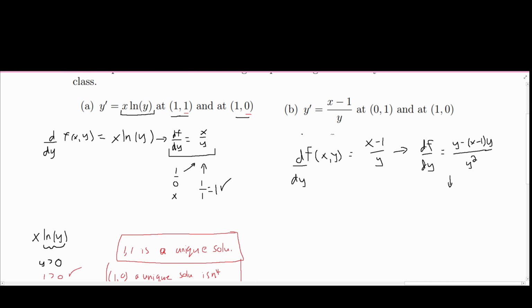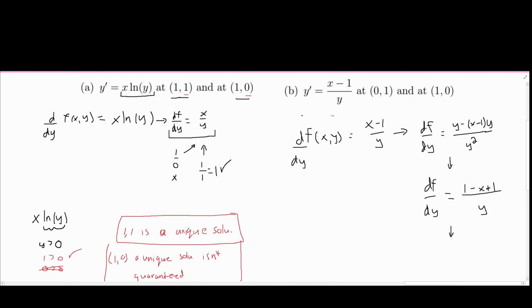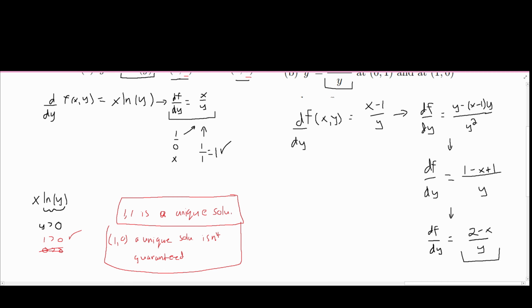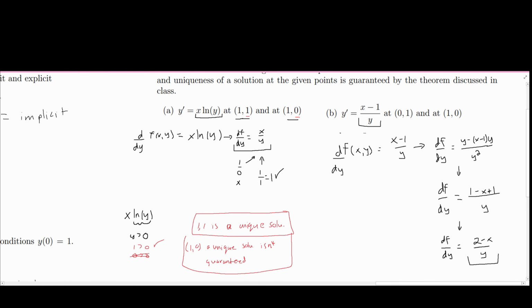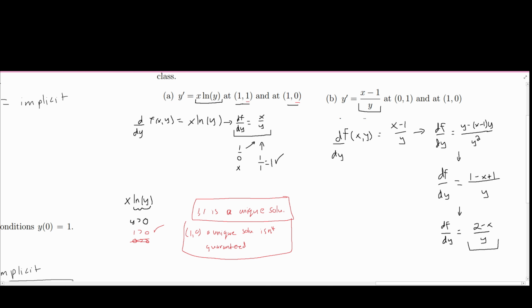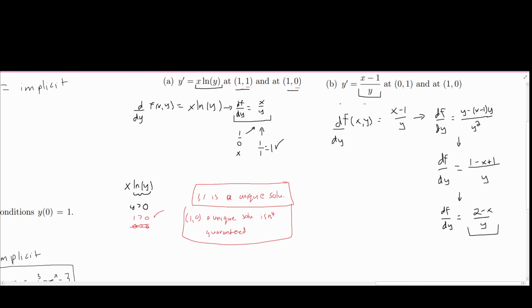We can factor out the y's on top, and then take out a y from the bottom, and we are left with this. Now we have 1 negative x plus 1 on the top, and we can combine that further to be (2 - x)/y. So we will be looking at this part and this part. So plugging in points to where we just found, if we plug in 0, 1, we have to look at,